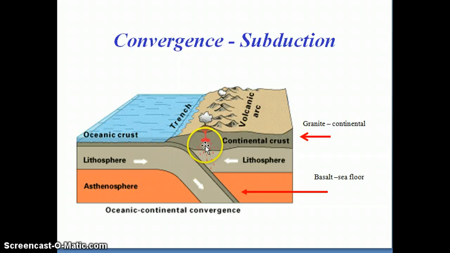And you also can get a volcanic ridge inland, and as this basaltic layer begins to dive down into the mantle, it reheats and becomes more buoyant and will move up to the surface in the form of a volcanic